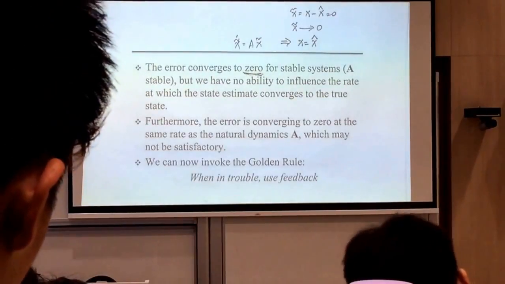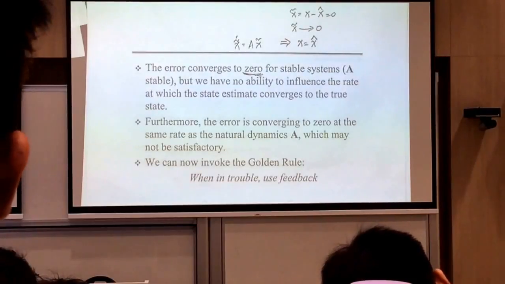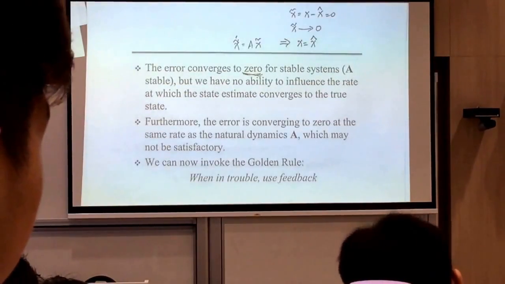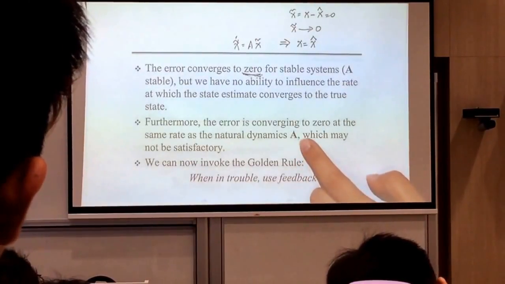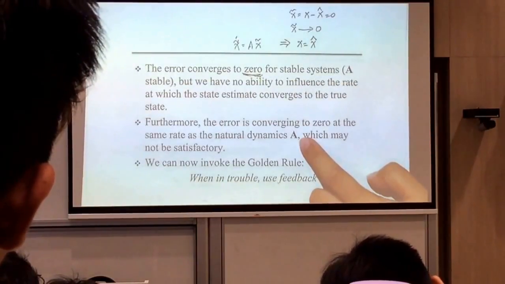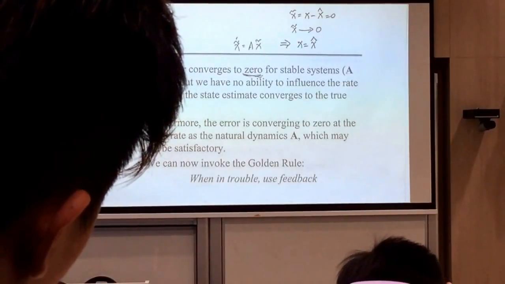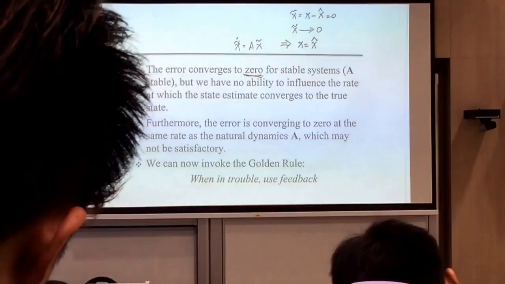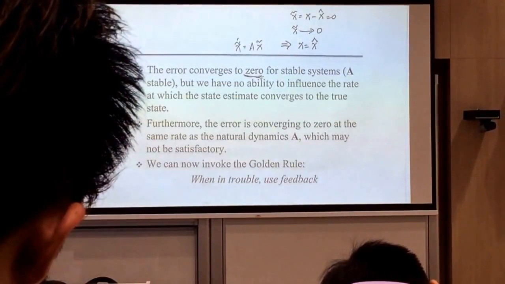So how do you force your state estimation error to go to 0 faster? That's the question. You don't want to rely on A, because A may have eigenvalues minus 0.1, minus 0.3, and that's going to take forever. A is not good enough. You want to force it to go to 0 faster so your state estimate is immediately stable. So in trouble, use feedback. What feedback are we going to use? We are going to use